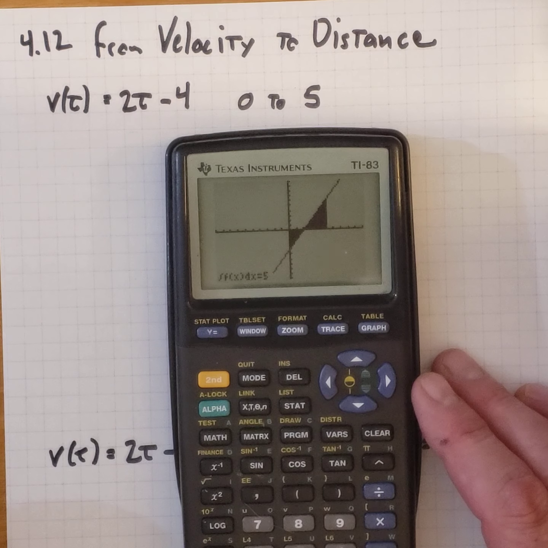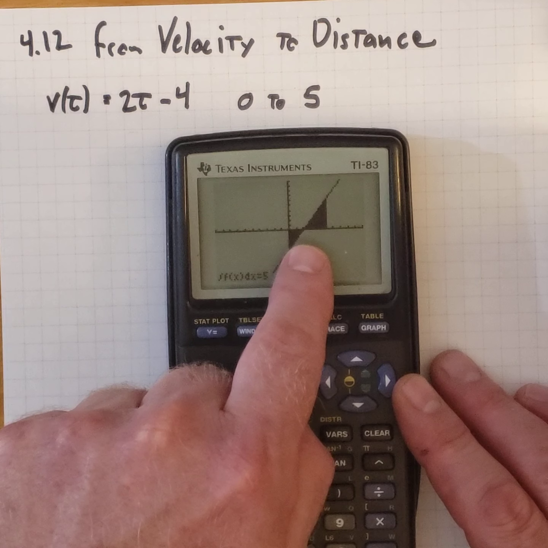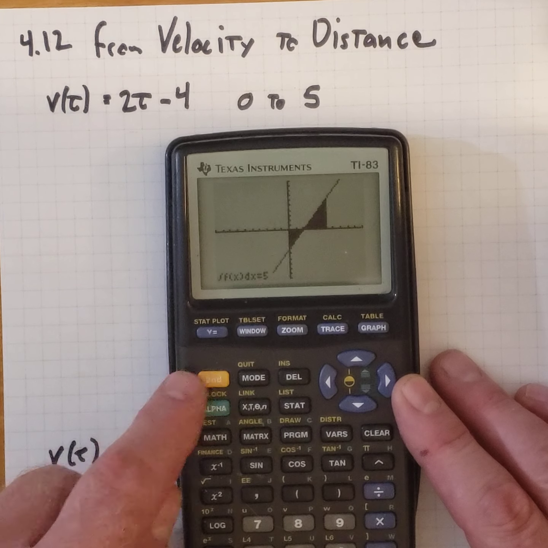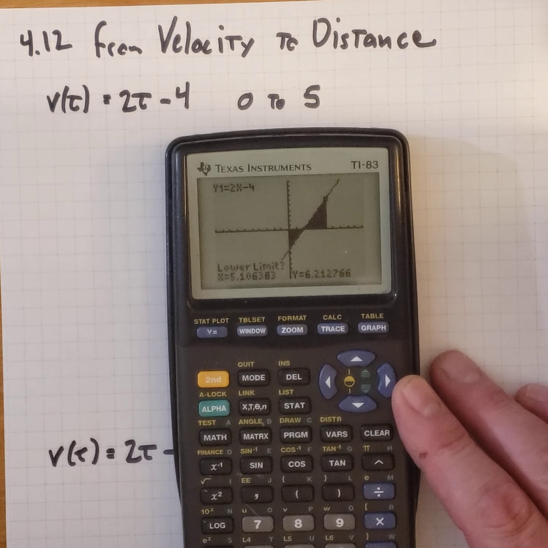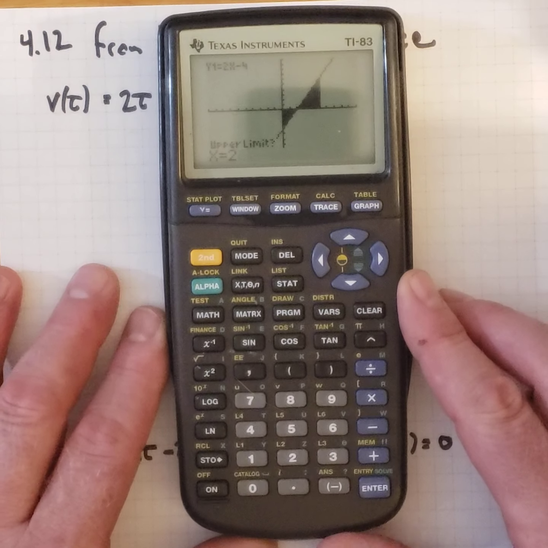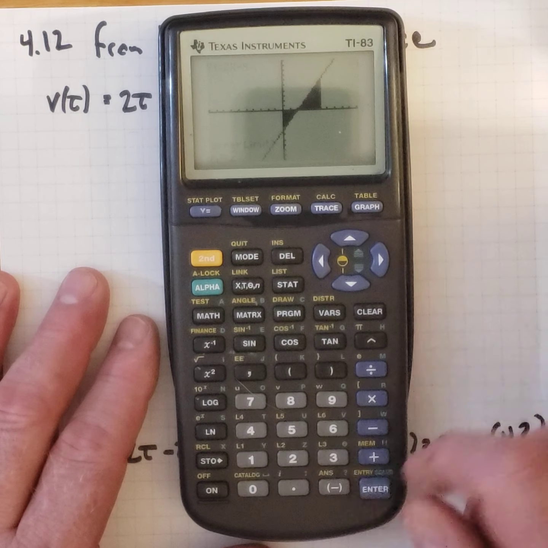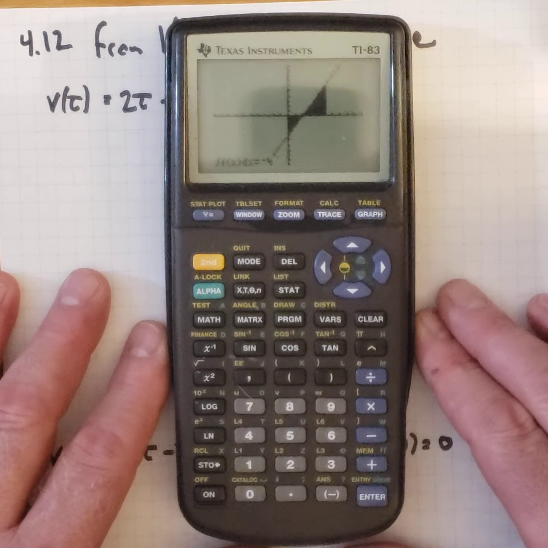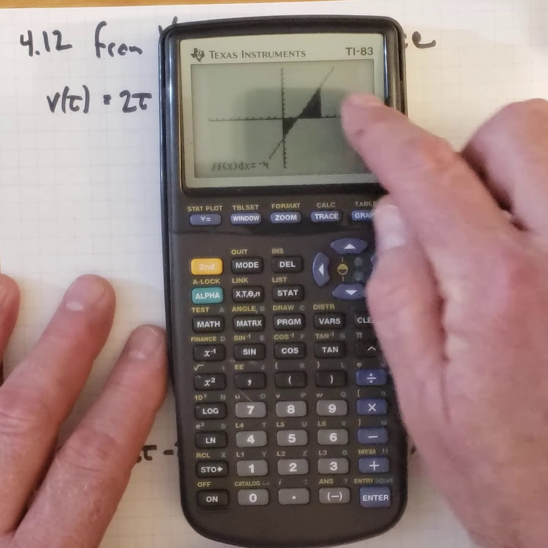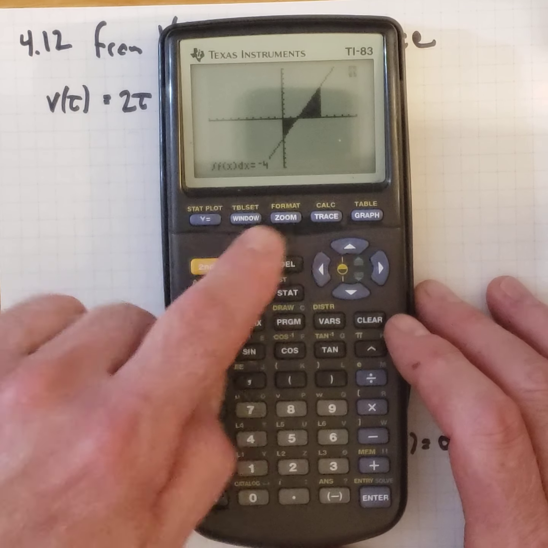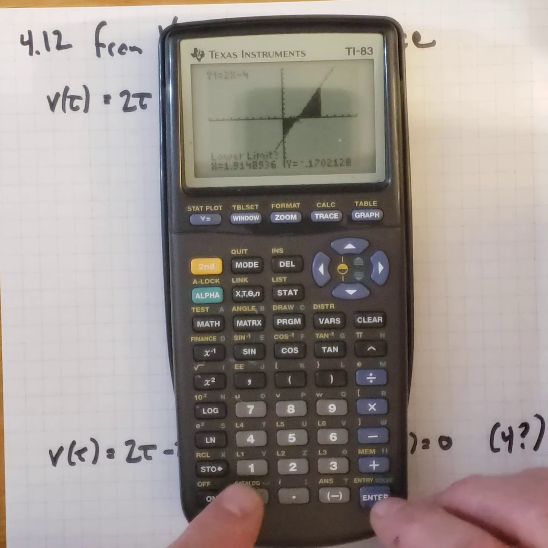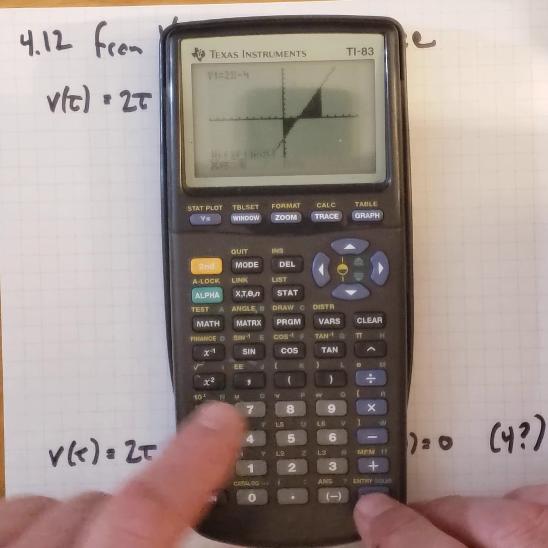But how far did we actually travel? To do that, we need to look at where we hit 0 there. So second Calc 7, from 0 to 2. Sorry, I didn't have that on the screen there. From 0 to 2 will give us negative 4. And I apologize, this all stays shaded in. It gives us negative 4. And then if we do second Calc 7 from 2 to 5,